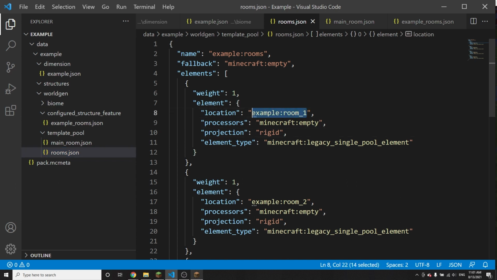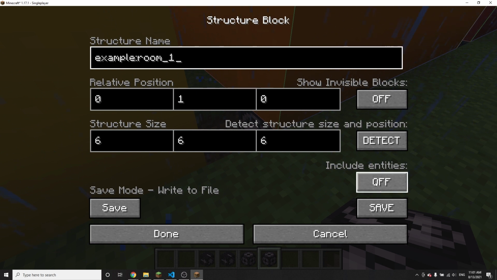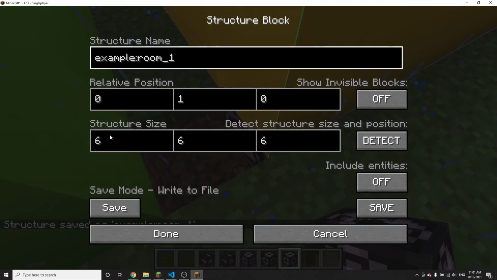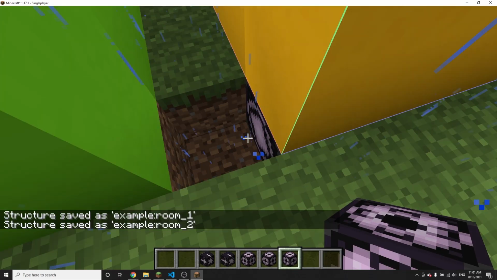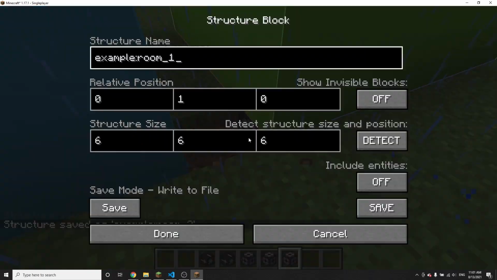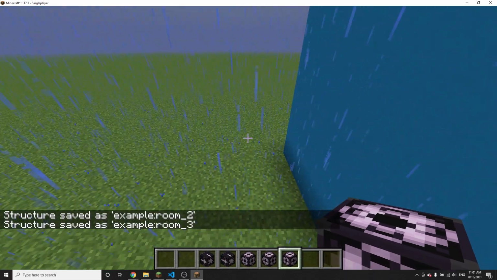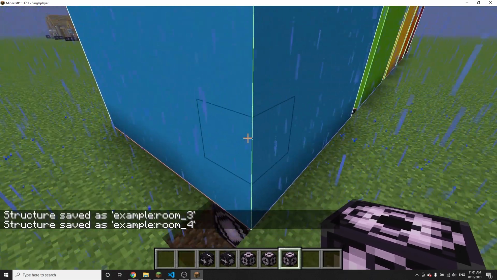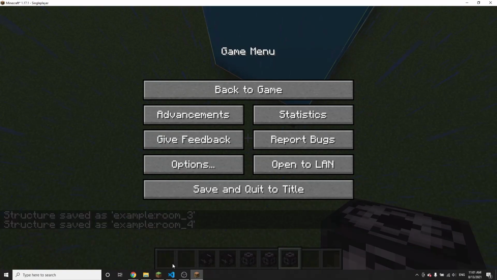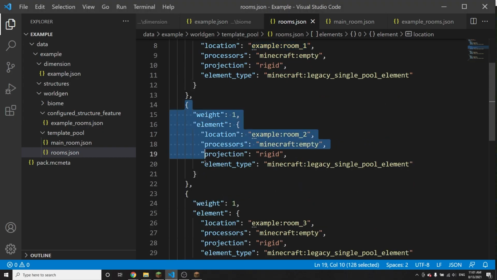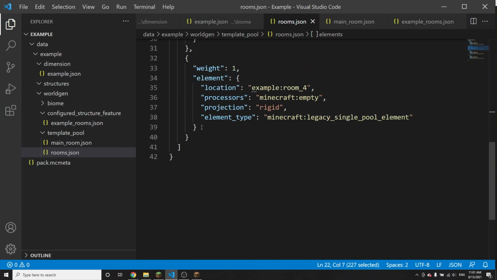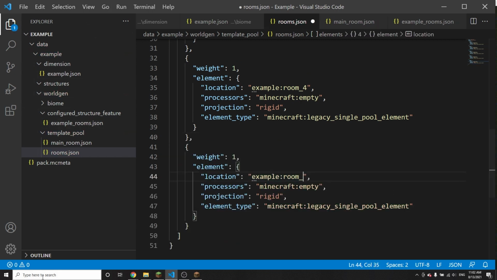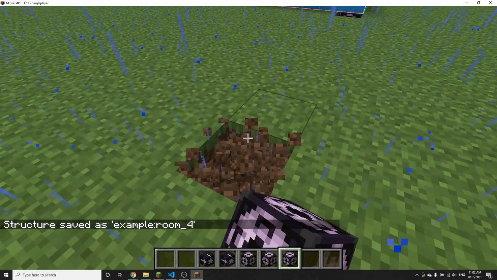So I'm going to copy this, and I'm going to paste it in here, and save it, and copy that again, and this one is going to be room_2, save that one too, and this one's going to be room_3, and this one is going to be room_4, and you know what, I'm actually going to make a room 5 too. So that means I need to copy this like that, and then add this, and this is going to be room 5. So what I'm going to do is